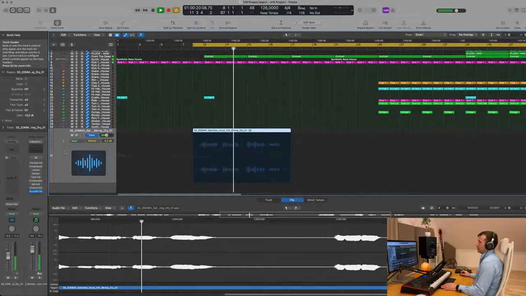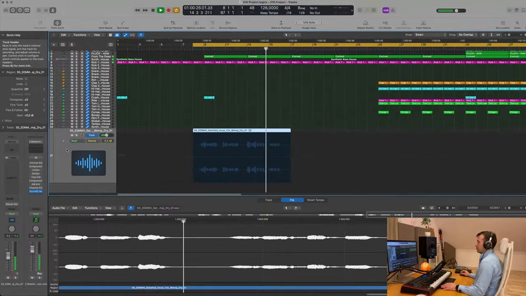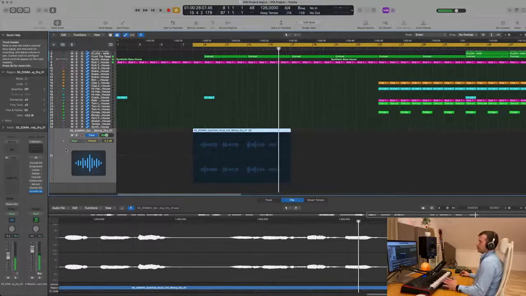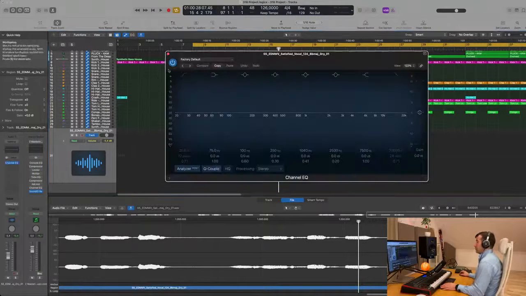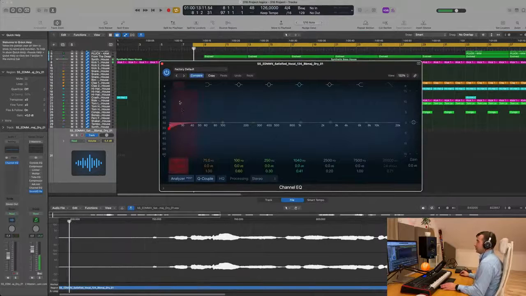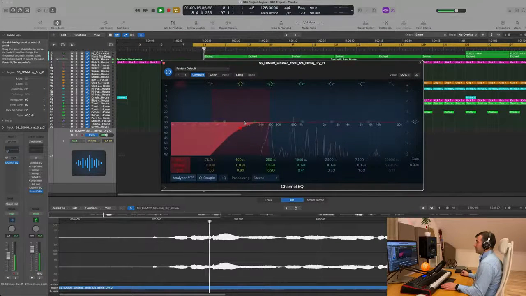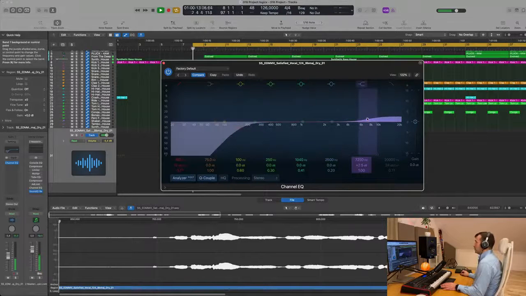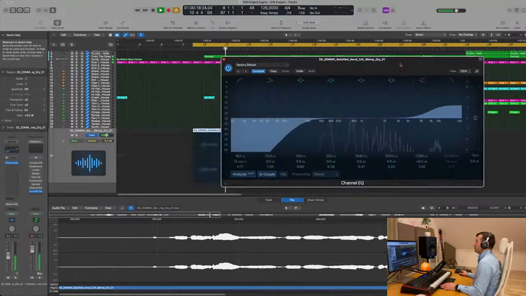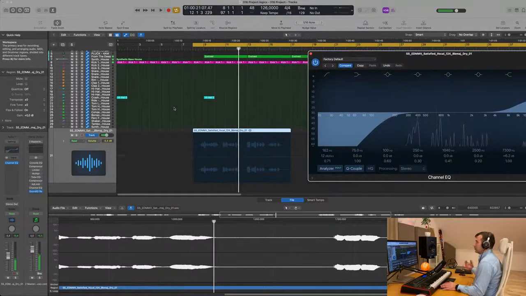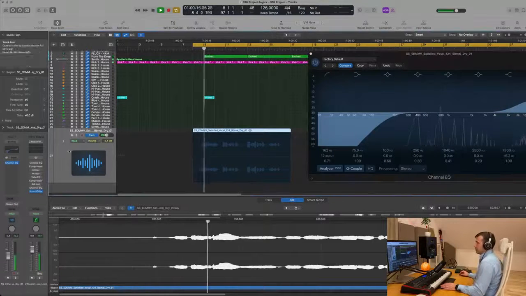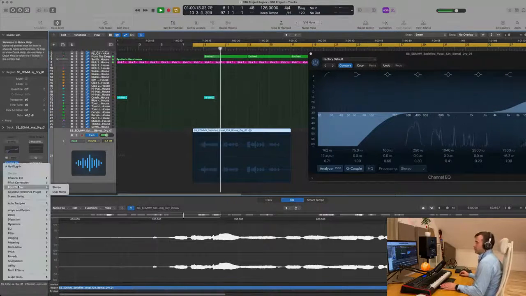Normally, I would use something like CLA, some Waves plugin to instantly make the vocal amazing, but I'm not going to do that with you guys because we are making music in real time, and I don't want to kind of fake it. So first, I think I would probably cut. I personally like a little bit of sibilance on the top. To me, those vocals miss a little bit of the top kind of shine, so then what I'm gonna do is I'm gonna put